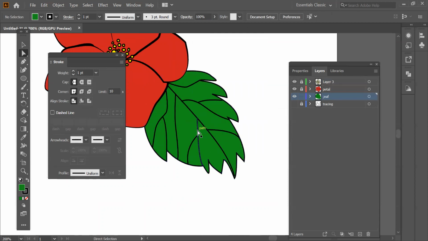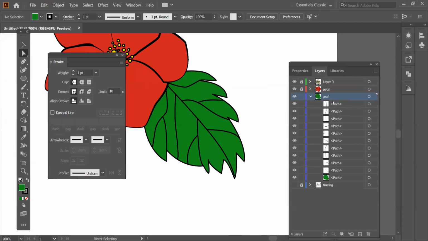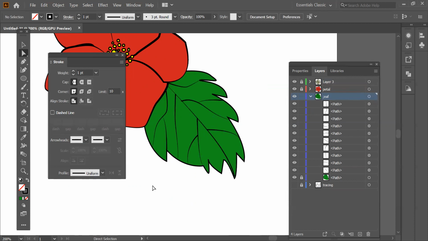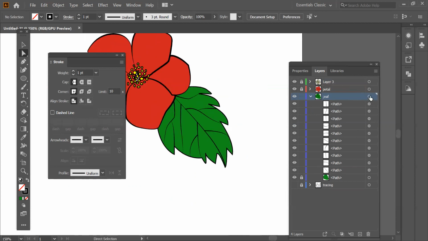Now, what do I want? I want to apply some profile to this one. But see, we have done everything into one layer, the leaf, right? So what will we do? We'll open the leaf layer and this one I don't want to do anything. So for 1 second, I'm just gonna lock it and then I'm gonna click over here to select it. Now can you see apart from that leaf, everything is selected and I can apply the profile. That's my pretty tool. I'll just try to increase the size. This one, no.